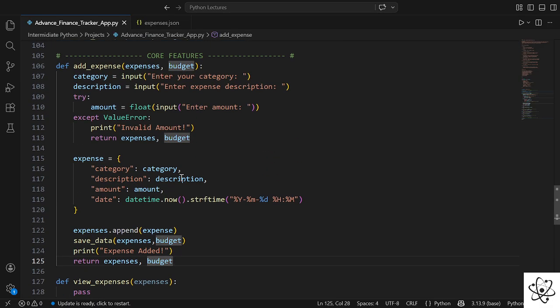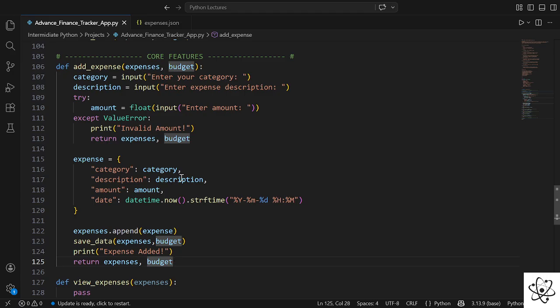Now, let me tell you in a short format what we have done in this function. In this function, first of all, this function is going to take two parameters, which are existing expenses as well as the budget. Now, in the existing expenses and the budget, we have further classification. Basically, budget is the constant value that we have set for any time frame. And expenses is the list that takes different dictionaries, and the dictionary is going to have some